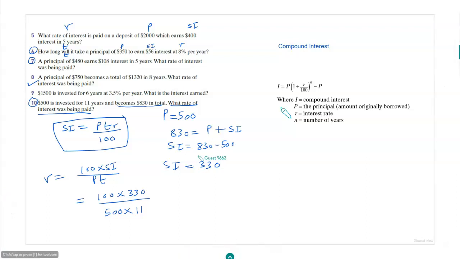Okay, next section is compound interest. So the difference between simple interest and compound interest is that